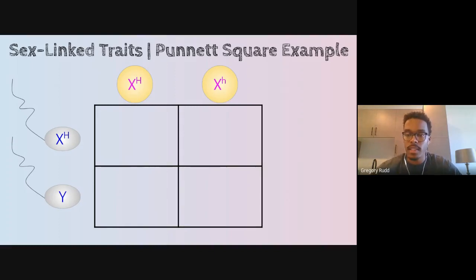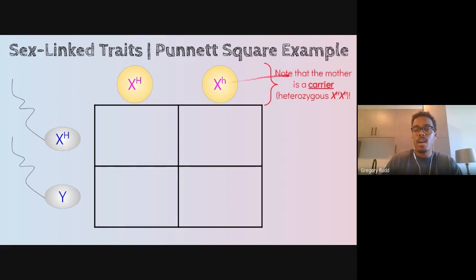A heterozygous female would be considered, we just talked about it. I just had you guys write it down. Carriers, excellent. Thank you, Alyssa. Heterozygous females are carriers. This means that the mother has, as we can see here, she has the allele for hemophilia,